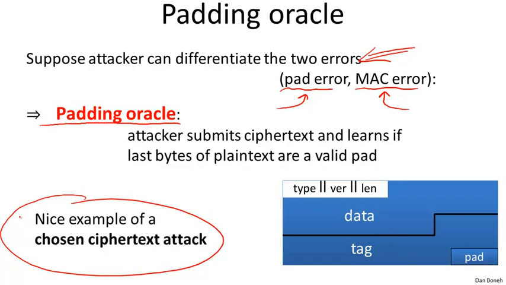But before I do that, I want to remind you that older versions of TLS actually leaked the type of error simply in the alert message that was sent back to the peer. Different types of alerts were sent depending on which type of error occurred. As soon as this attack came out, SSL implementations simply always reported the same type of error, so just looking at the alert type wouldn't tell the adversary which error occurred. Nevertheless, there was still a padding oracle. So let me explain why.